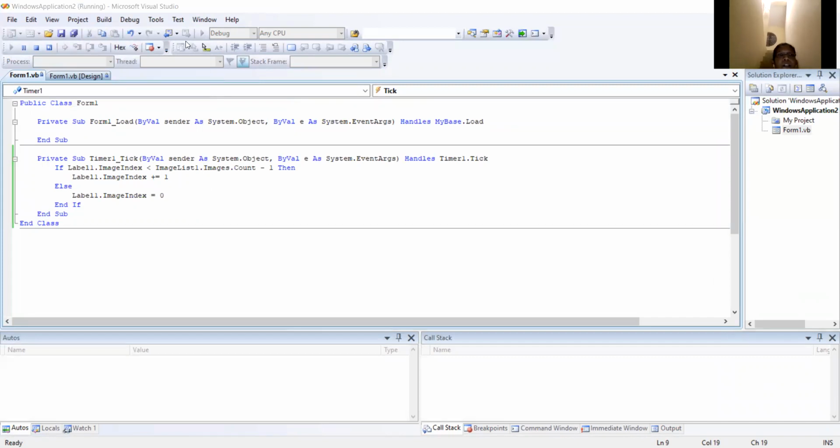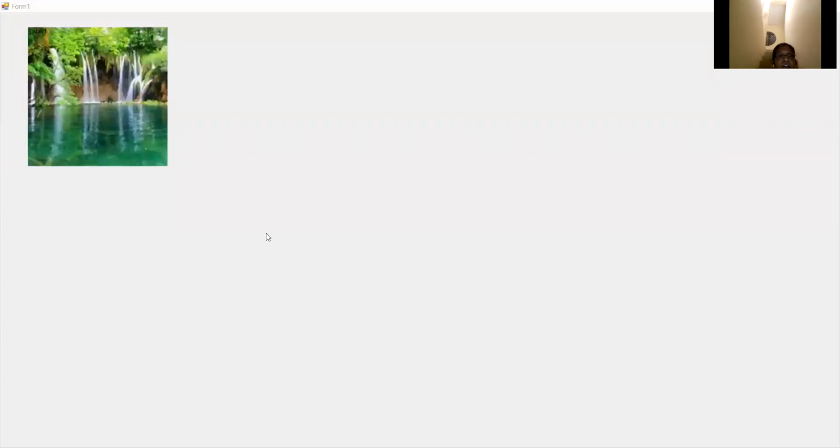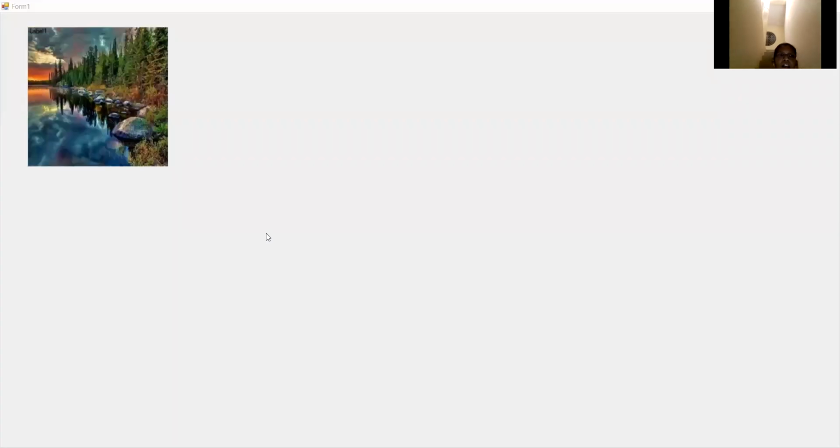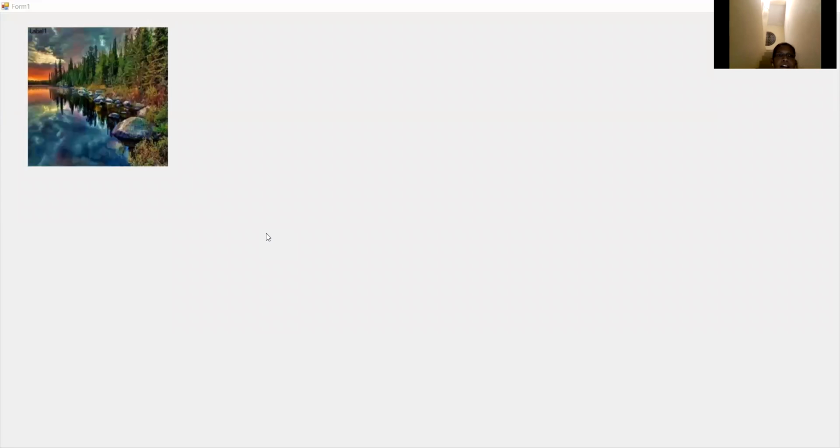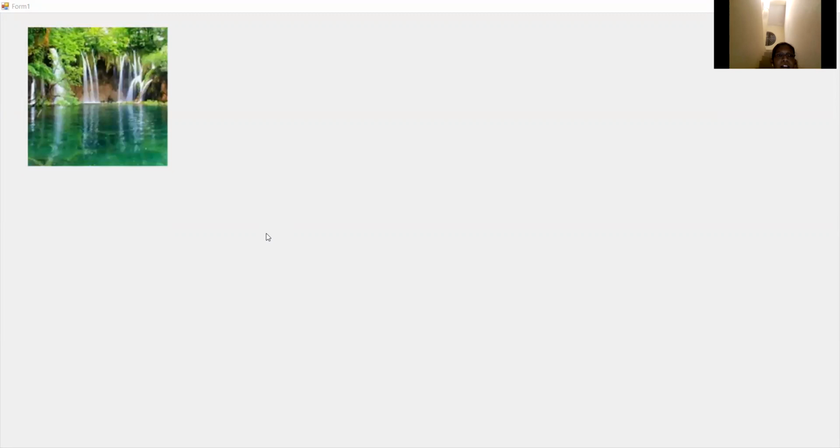Here the animation will work. The listed images are shown randomly whenever the timer runs.